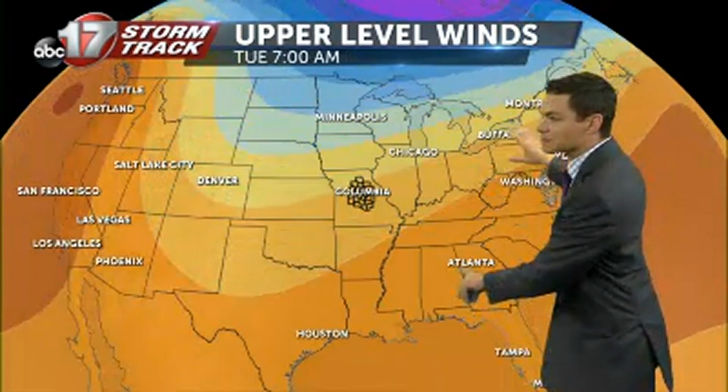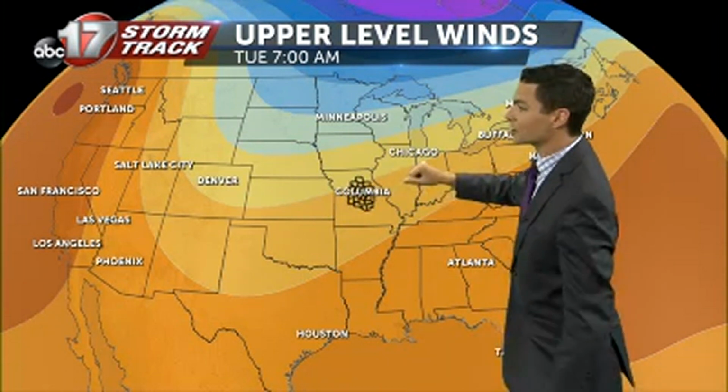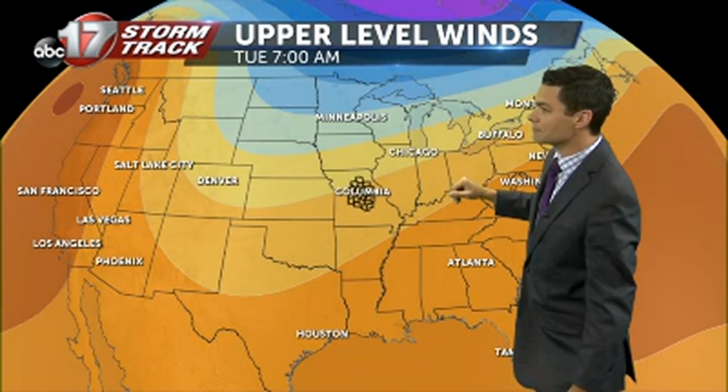This is how we think something could be unfolding by this weekend. Those northwesterly winds going to keep us nice and comfortable as we get into this weekend. But watch what happens here as the bottom of this trough almost kind of falls out, and this thing starts to retrograde back toward the west. And if it moves too far to the west, that's not good news for us. That's not going to be bringing that autumn-like weather that we've been thinking we were going to get by Tuesday